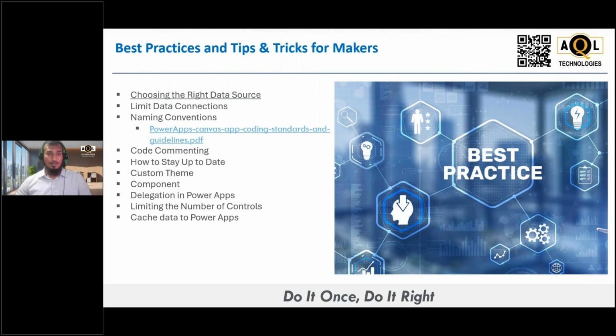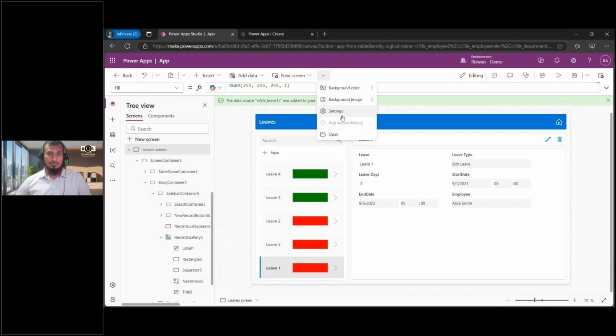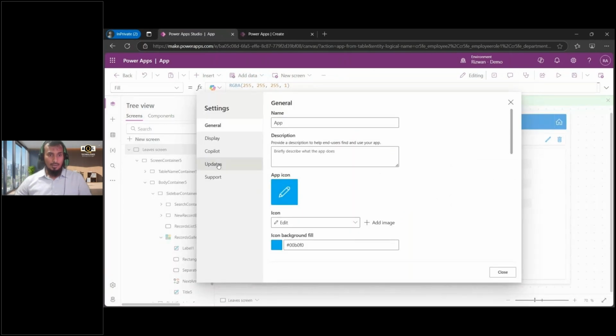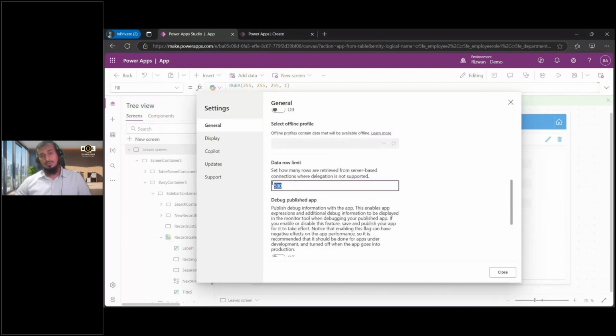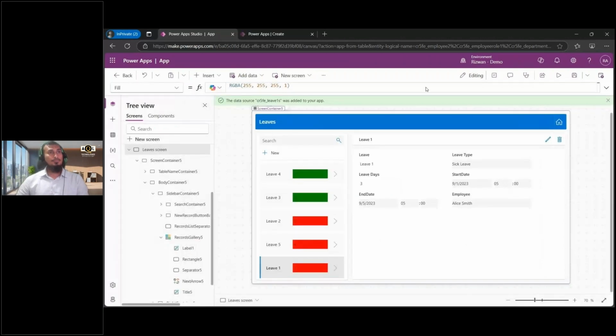So going back to the app, if I go to settings, and in general settings, I can actually set the row limit here. So in case of a non-delegable environment where the data source doesn't support delegation, I can set the maximum row limit, the maximum data that I can retrieve from the data source. Right now it's 500. I can extend it maximum to 2000, not beyond that. So yeah, ensure that whatever data source you're using,